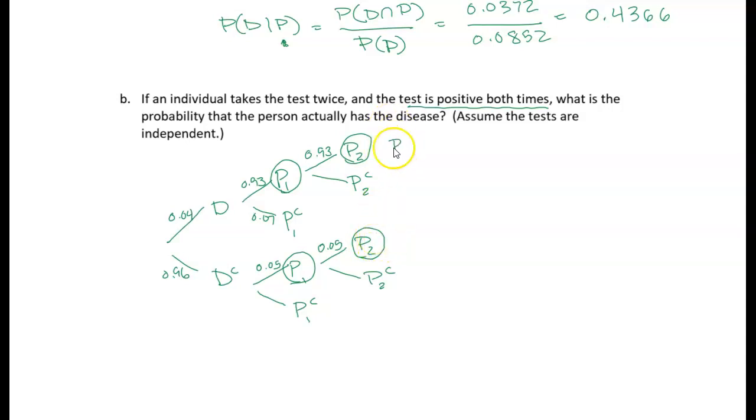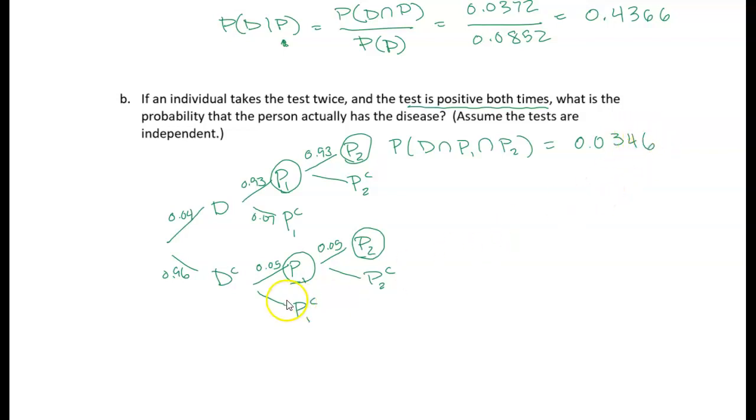So first, let's calculate the probability of having the disease and testing positive on the first and on the second. I'm just going to multiply these probabilities, 0.04 times 0.93 times 0.93, and what I got was